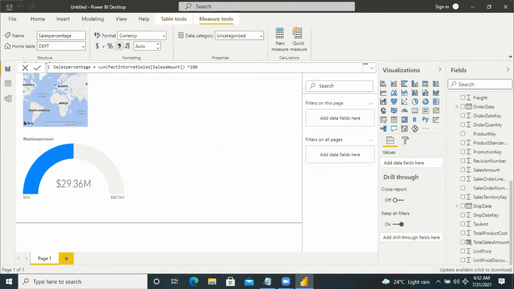Sales percentage. This column also gets added. Or you can take the percentage value as 0.1.